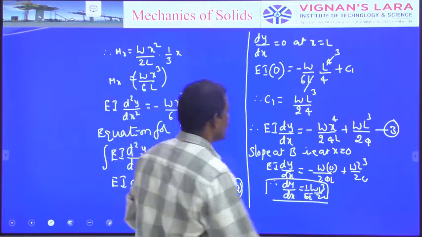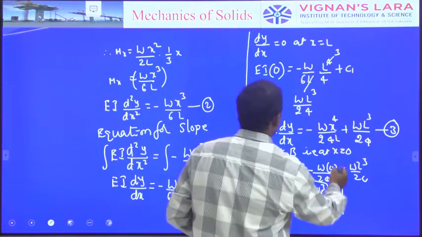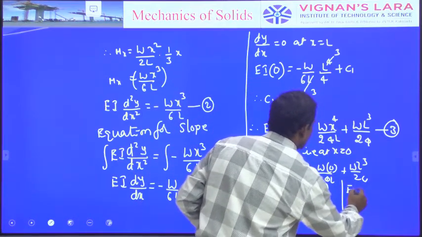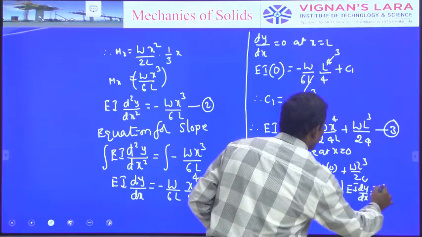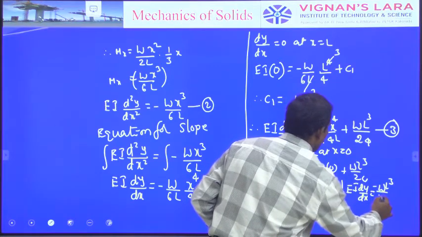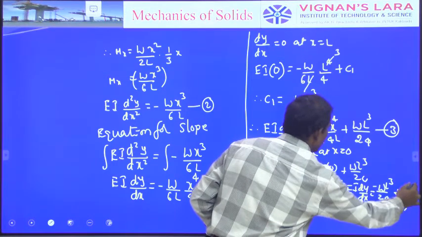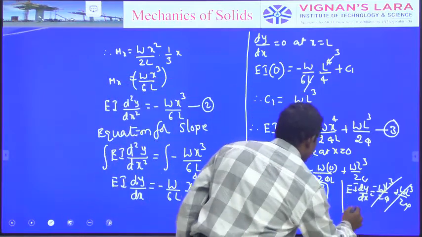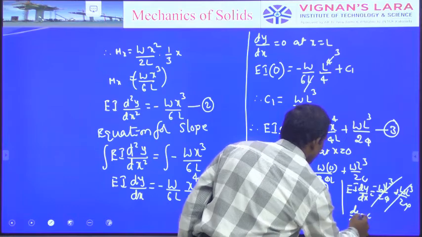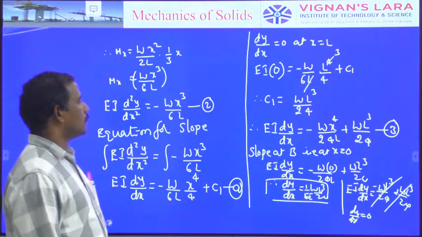Then you can find out the slope at A also. Whenever we substitute x is equal to L in this equation, EI into dy by dx becomes minus WL cube by 24 plus WL cube by 24. These two values cancel out, so simply dy by dx is equal to 0 at A. Now let us calculate the